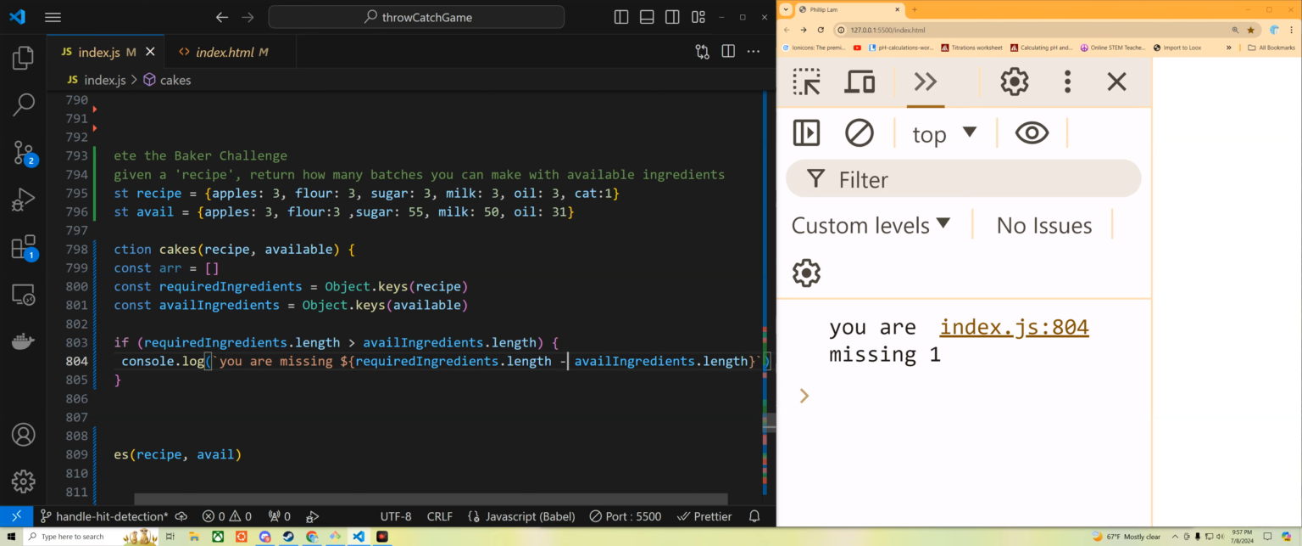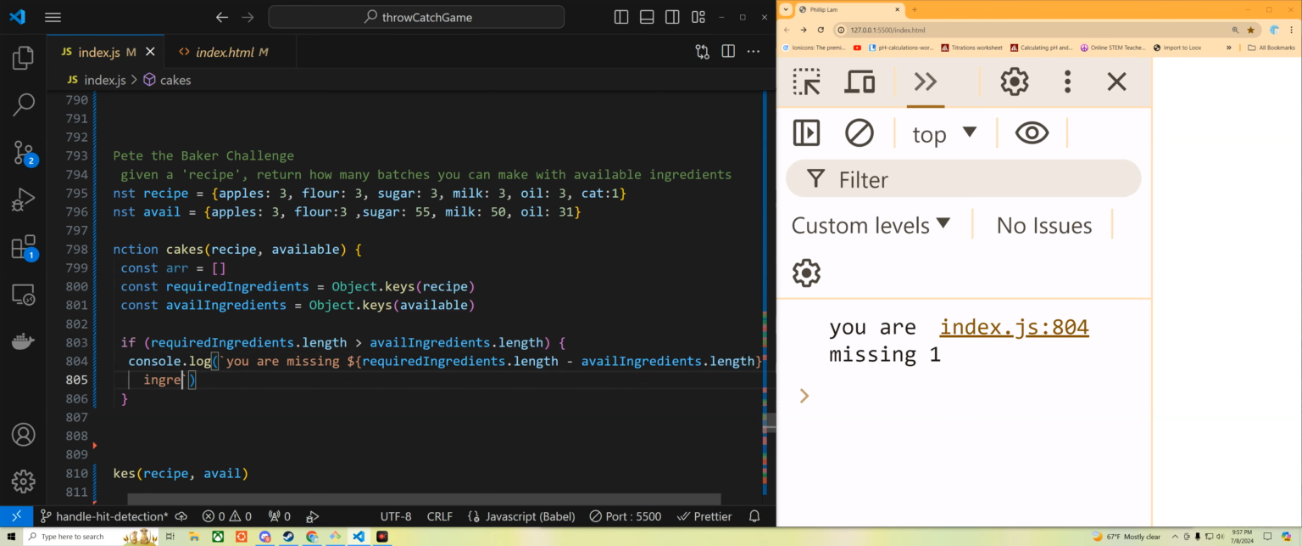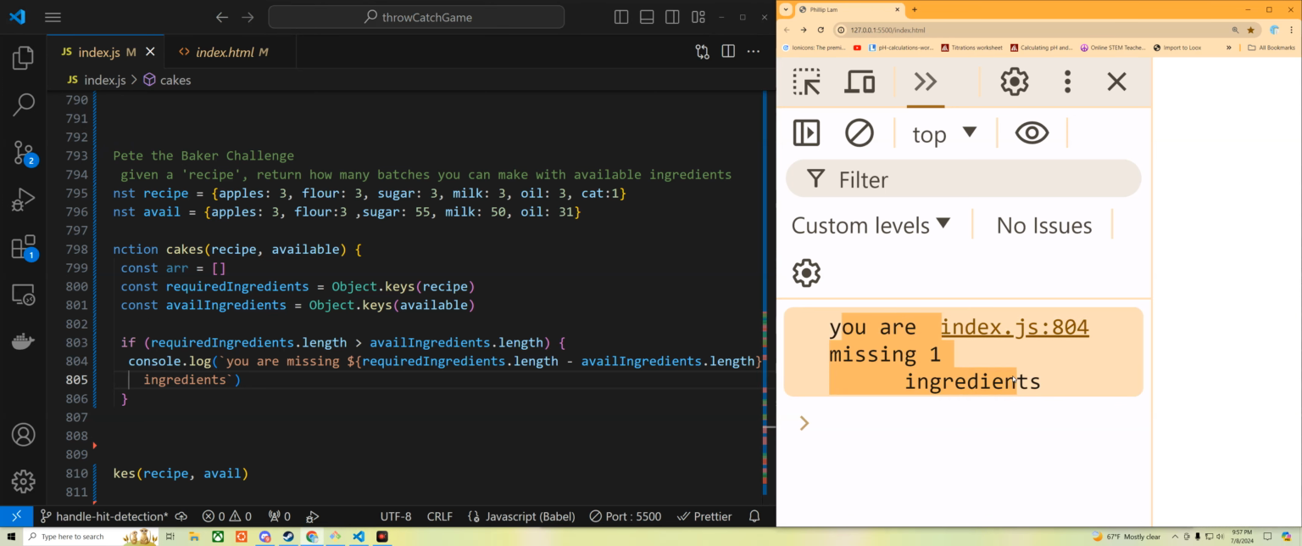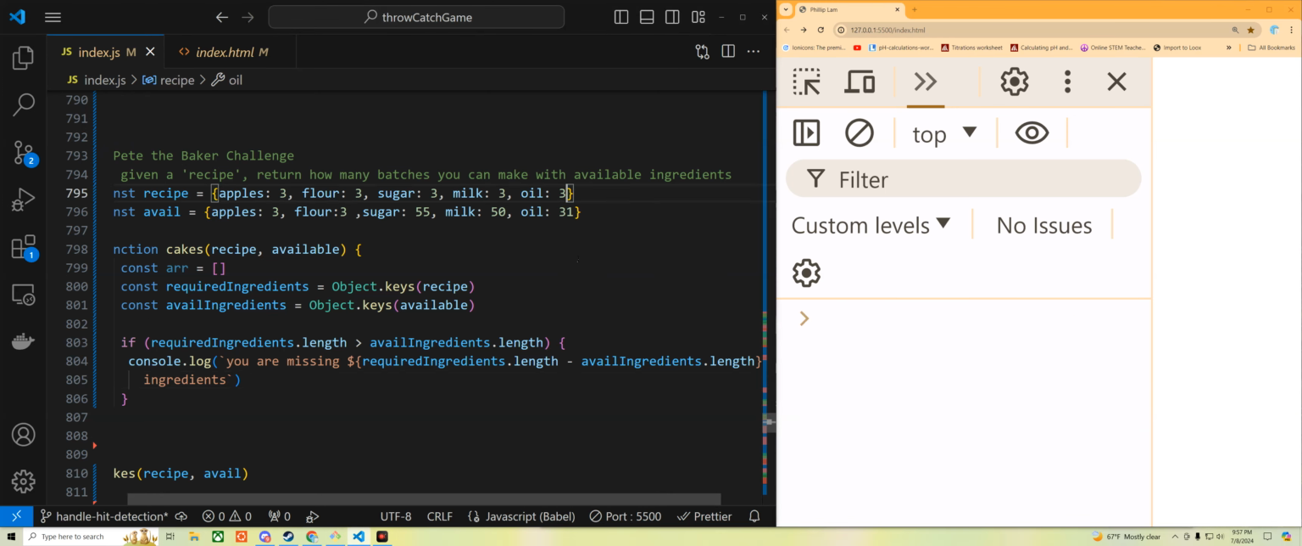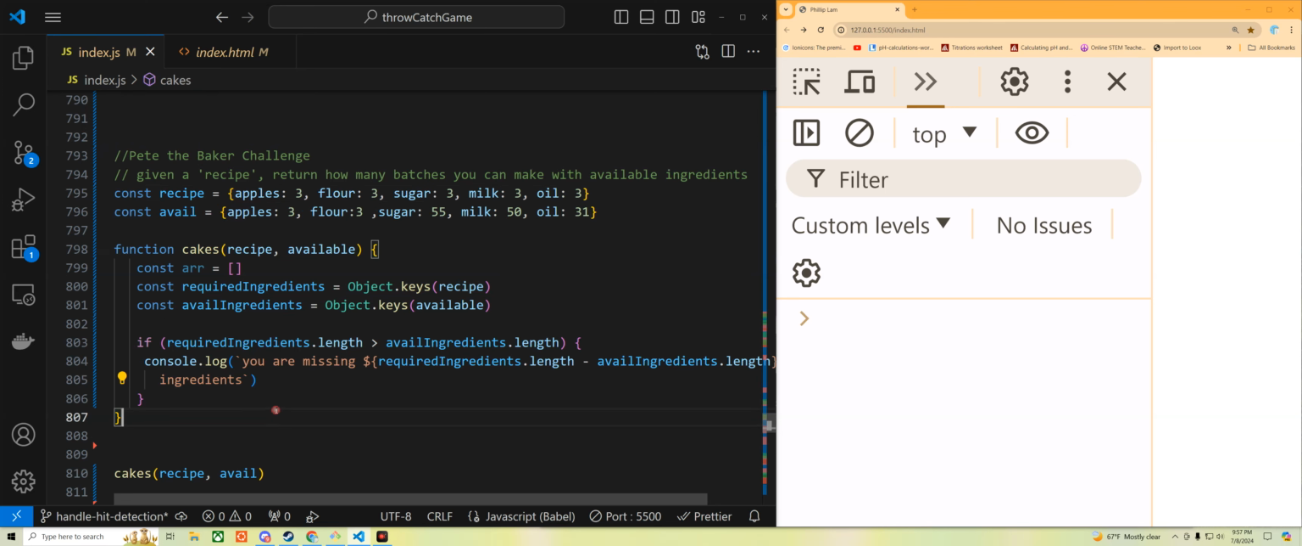Replace this with a minus sign. You are missing blah, blah, blah ingredients. Okay, so here you can see that it says I am missing one ingredients because I do not have the cat thing. All right, if I delete this, it goes away. Okay, so this makes sure we always have the same length, and then I'm going to do a for of